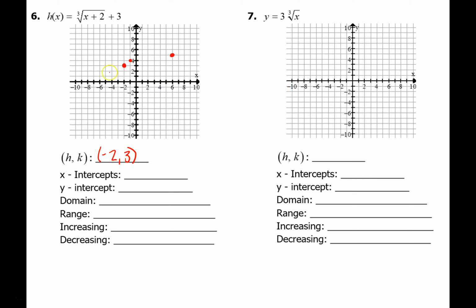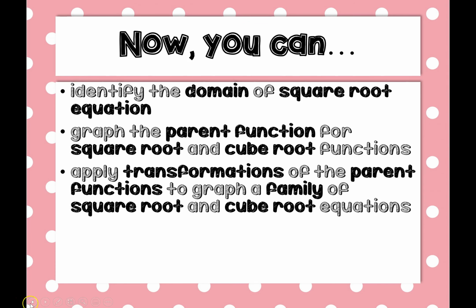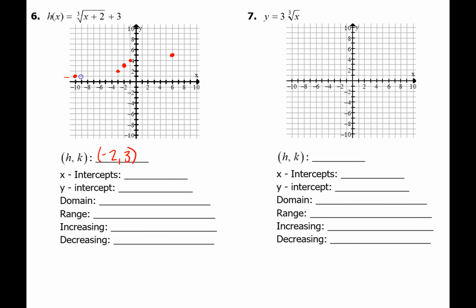Then I'm going to do the same thing going down and to the left. 1 cubed is 1. 2 cubed is 8. So then I've got my graph there. And I can answer some questions. It looks like my x-intercept is going to be off the graph, so let's go real quick to Desmos, or